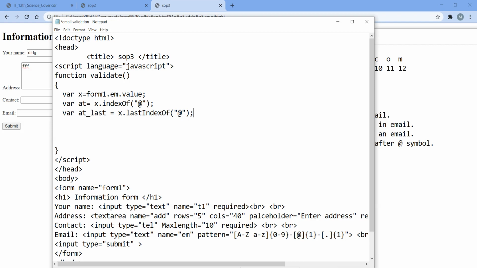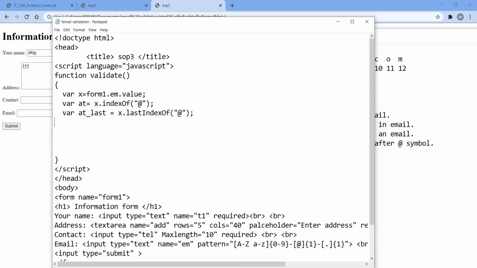While using the function, keep in mind that the start will always be with a small letter, and whenever we start some new word in the middle, that word will start with a capital. Like in indexOf, I is small and then O is capital. In lastIndexOf, L is small, I is capital, O is capital. So keep that in mind whenever you are using these functions.